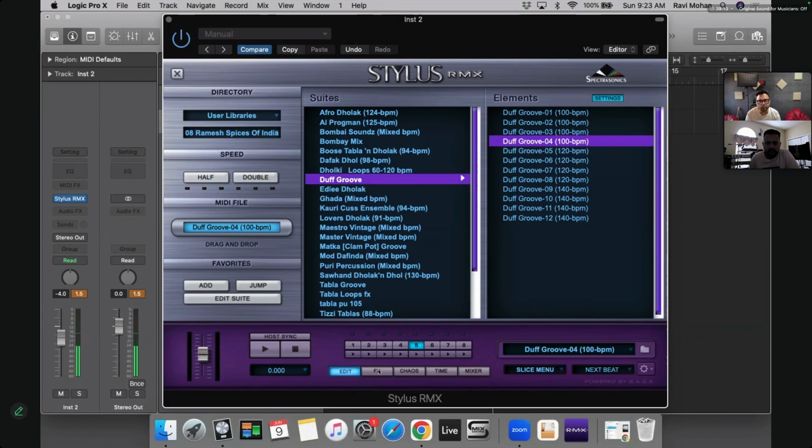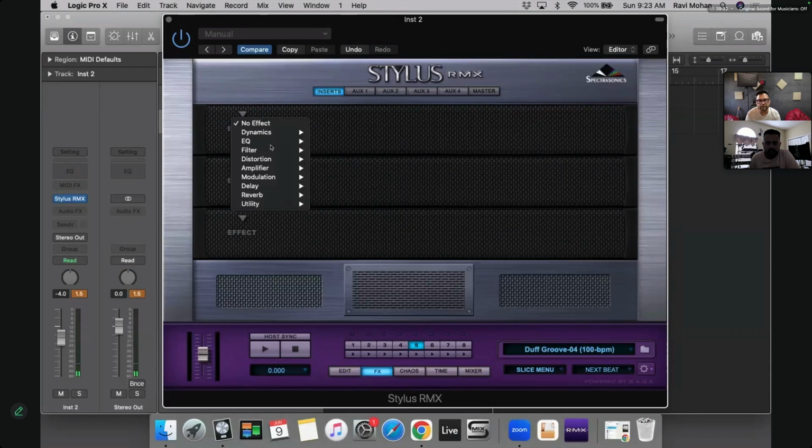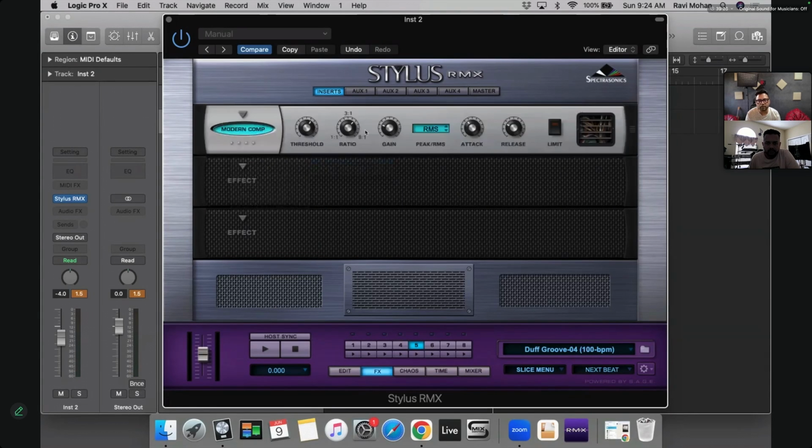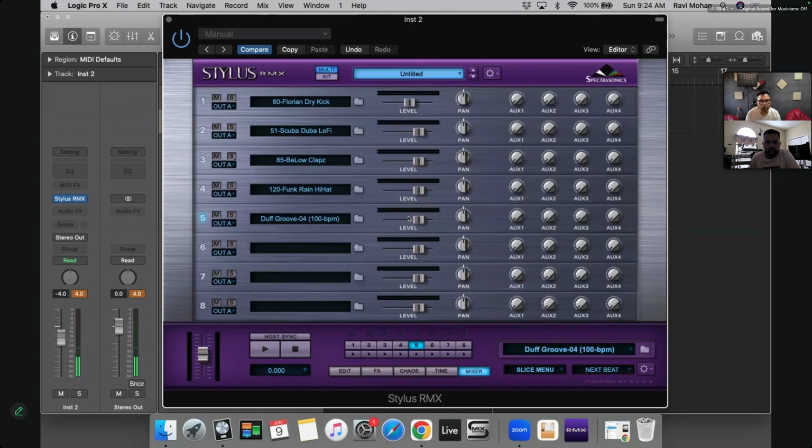As this loop is a little bit quieter, let's go to the inserts and go to this modern compressor, squash it, and then you see. Obviously you can volume match those things, pan them left and right, throw some auxiliary effects on top of it to bump it even more, and even different effects.